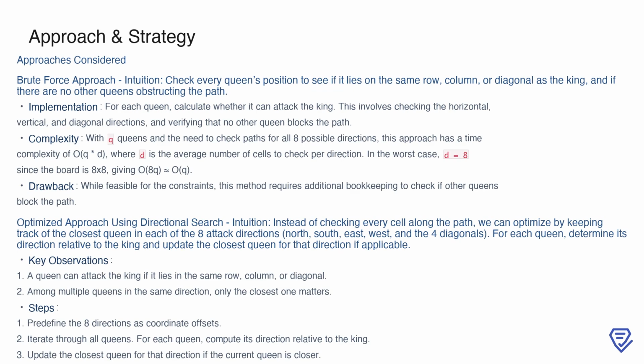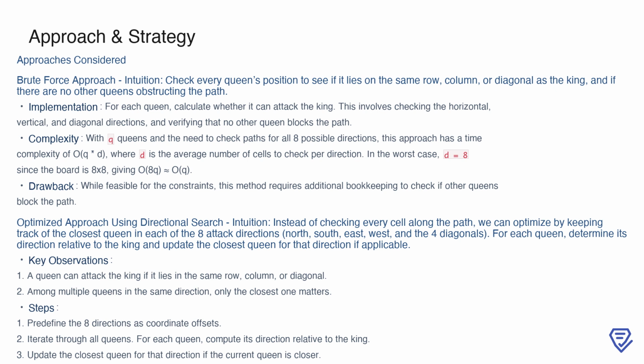To solve this problem, we first considered a brute force approach. The intuition here is straightforward. For every queen on the board, check whether it lies in the same row, column, or diagonal as the king. If it does, we then verify that no other queen blocks the path between this queen and the king. The implementation of this involves iterating over each queen and performing these checks for all possible attack directions, horizontal, vertical,